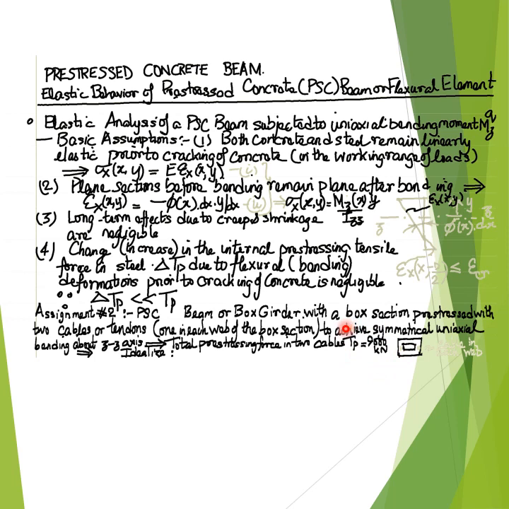In this context, one may recall, as presented in the previous slide, that the equivalent moment of inertia or second moment of area of a box section about the major axis ZZ of the box section that may be assigned to the idealized equivalent rectangular cross section is simply calculated as the moment of inertia of the outer rectangle minus the moment of inertia of the inner hollow rectangle,